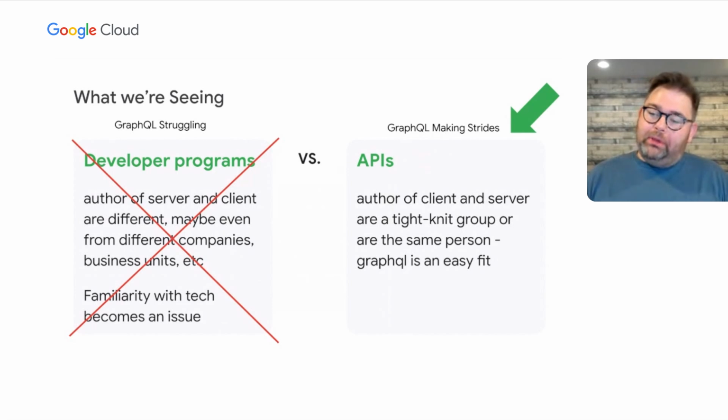In REST, we know what APIs we expose, and so we know what clients are going to request because that's what the API is. The API exposes that resource. In GraphQL, when you're exposing all of your resources like a graph, clients can really request whatever they want. And so we're seeing GraphQL struggling in the area of developer programs, where it's been super popular with API programs. And I think what we're doing with Apogee is super exciting here in taking all the learnings that we've had from productization of APIs and bringing them over to GraphQL.